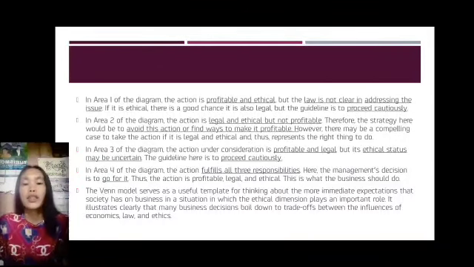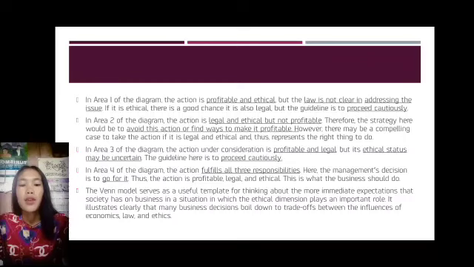Then, number 2 is the action is legal and ethical but not profitable. Therefore, the strategy here would be to avoid this action or find a way to make it profitable. However, there may be a compelling case to take the action if it is legal and ethical and thus represents the